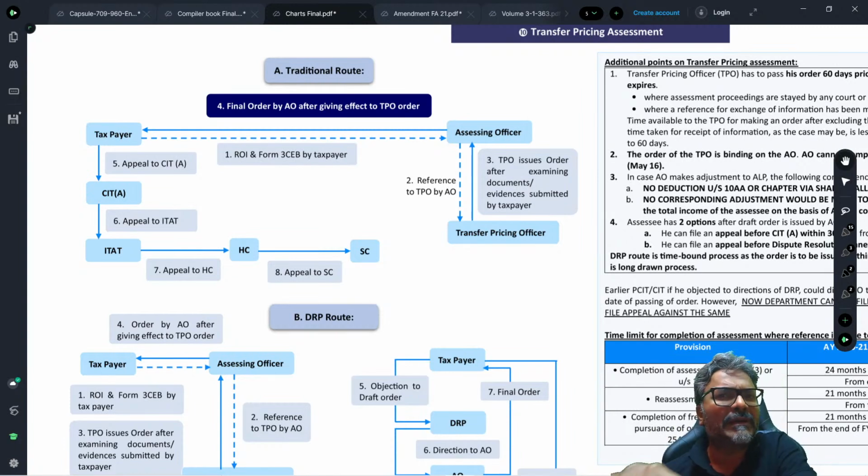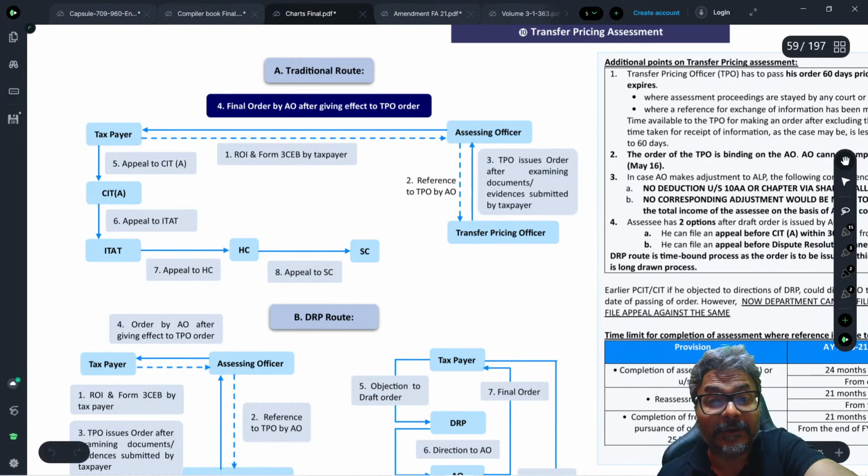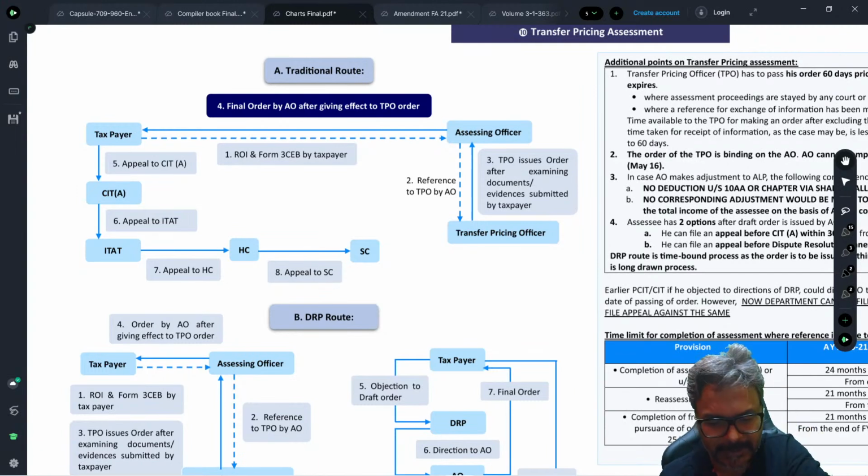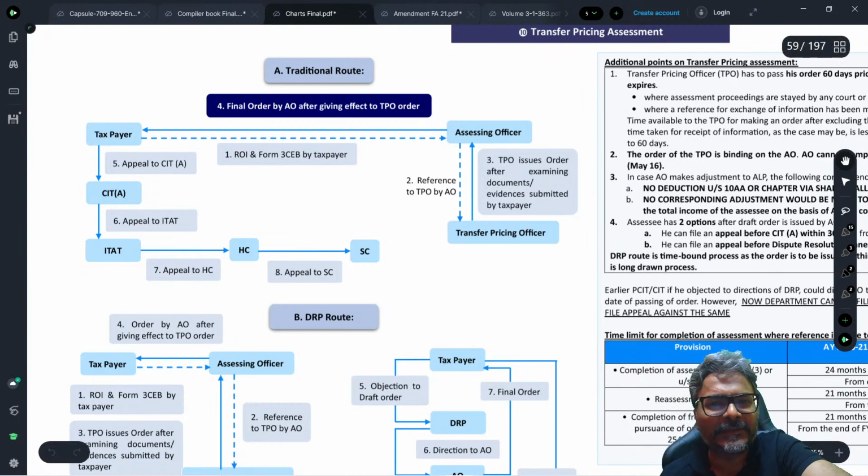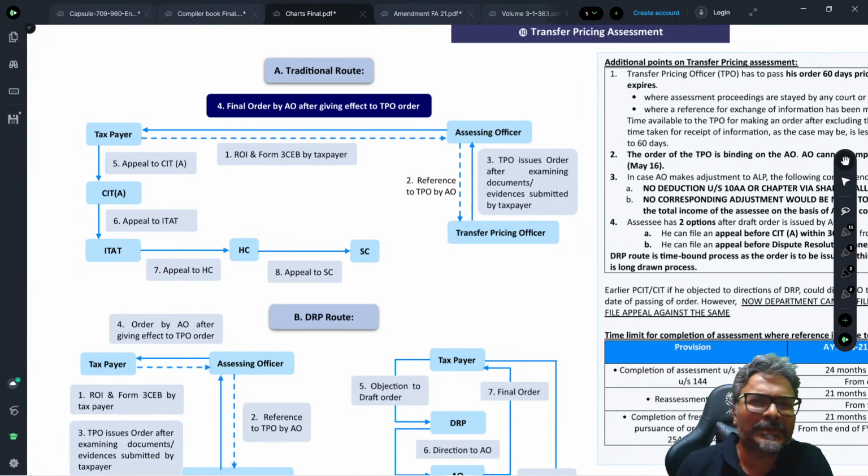Now, one question which I will discuss with you: what the ICAI has targeted in this DRP route. Every one of you just pay attention to this one now. Students, there are 2 questions on DRP which were also targeted in your MCQ. Let's quickly run through this. First of all, students,